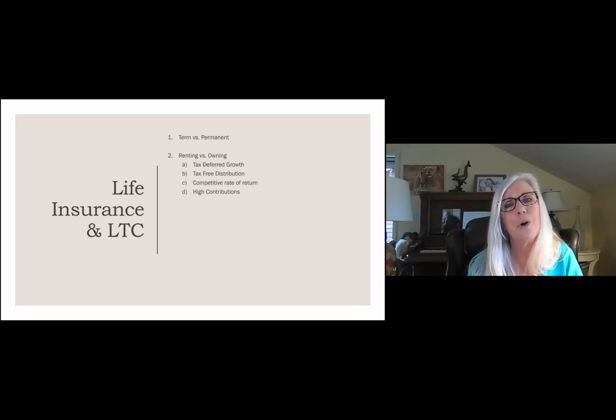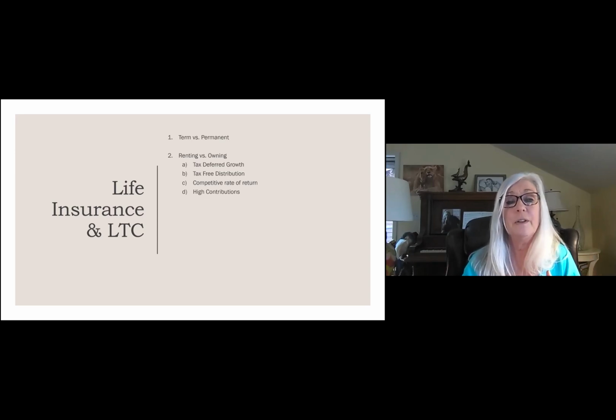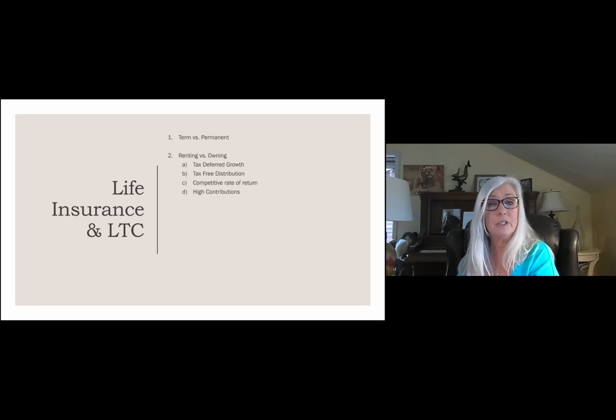This is important for owners to understand because as an owner, you can do a lot with life insurance, such as non-qualified deferred compensation for key employees. And high contribution is what you're deferring into the life insurance. It's growing tax deferred. The employee is going to get that money, or you as an employer get the money at tax-free distribution, and then you can pay the employer a tax deductible.